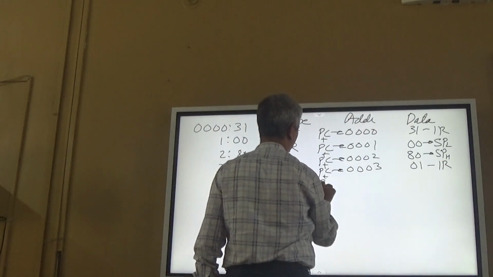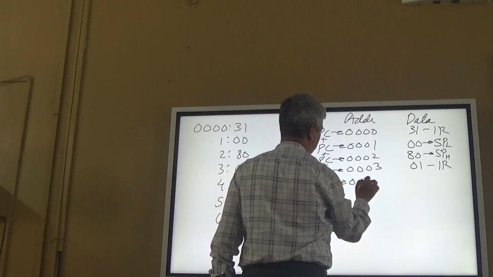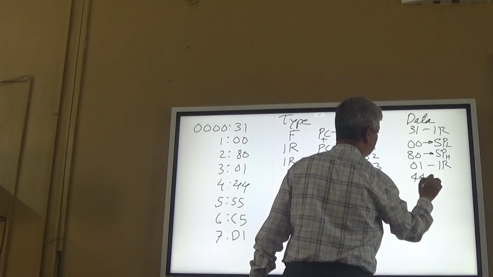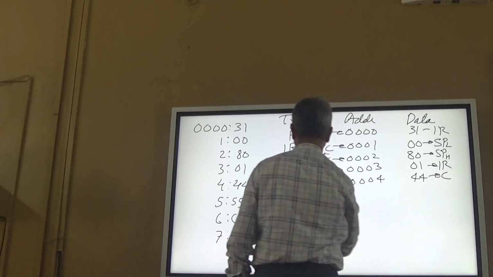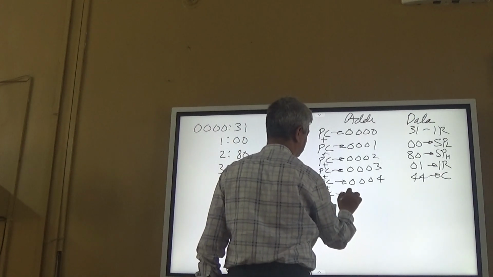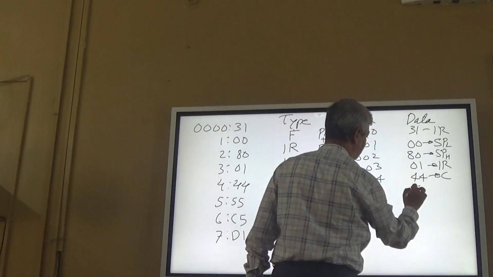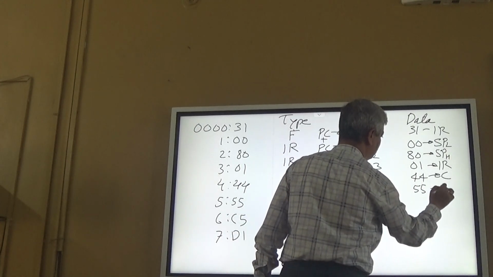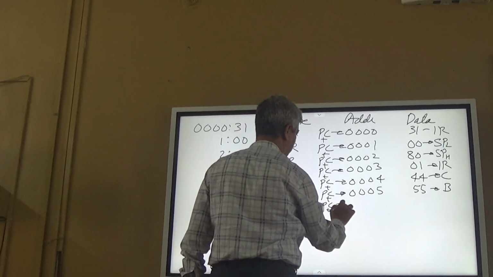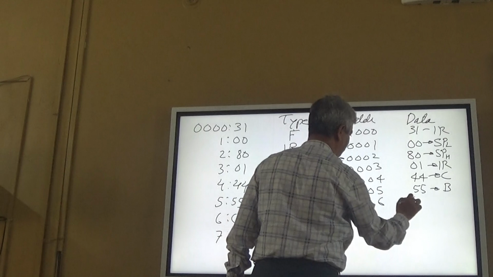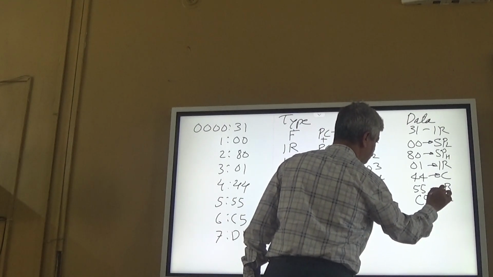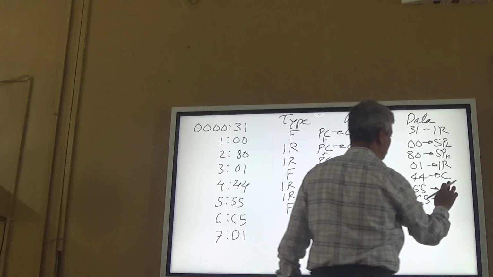Instruction read, program counter giving 0004, 44 going to C. Instruction read, program counter giving 0005, 55 going to B. Now fetch, program counter giving 0006, C5 going to IR. So push is a 1 byte instruction,